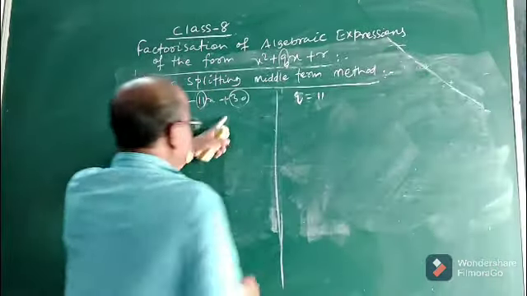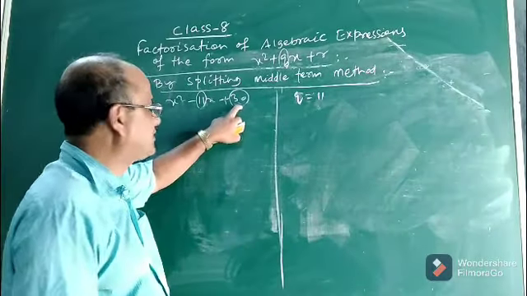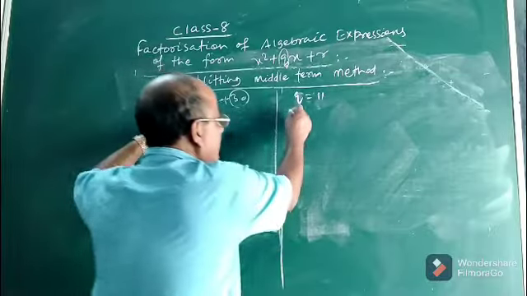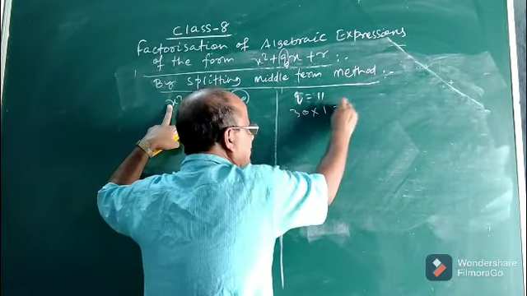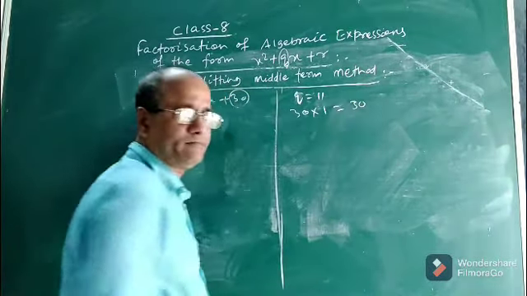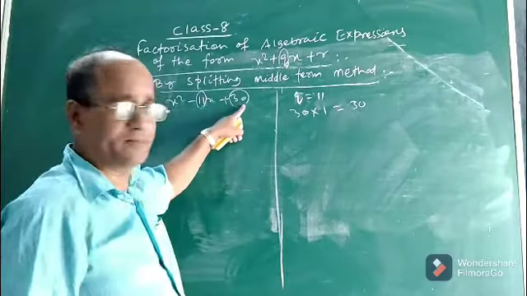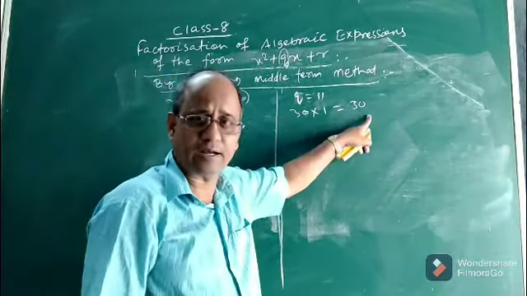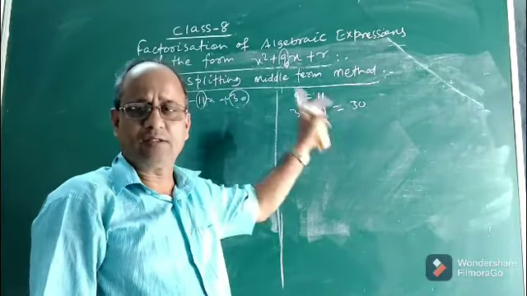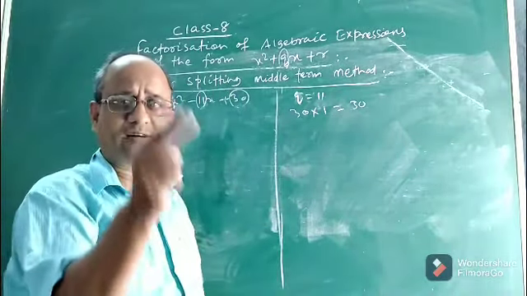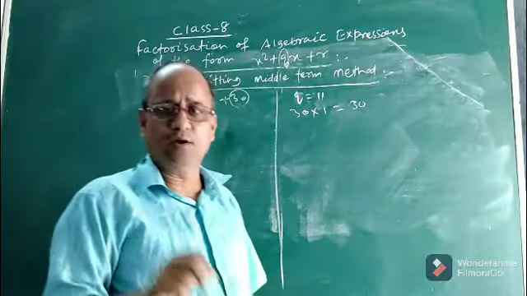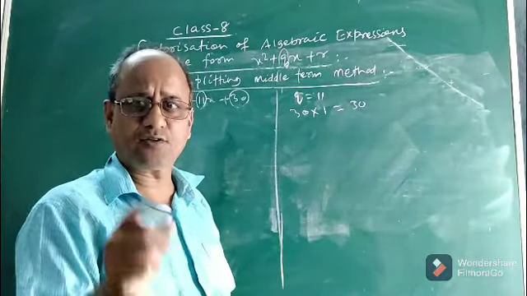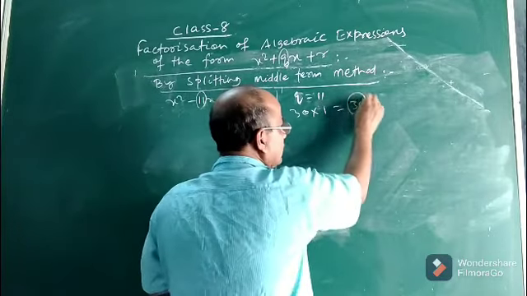The process is, you see, the first step. The first step is you take the constant and the coefficient of x square and multiply the two. Find the product of this constant term and the coefficient of x square. It is 30. Now what is the next step? The next step is you find or select two numbers. You already know the table. From the table you find any two numbers whose product will be equal to 30.